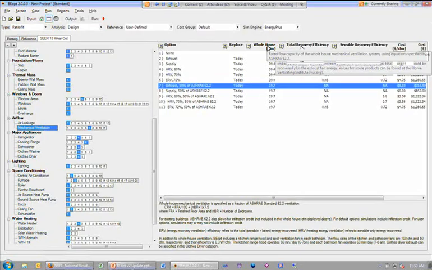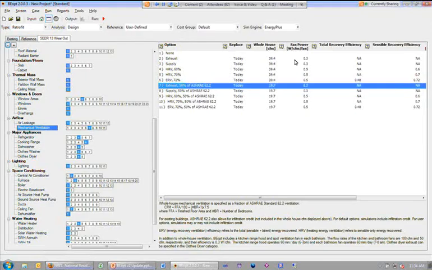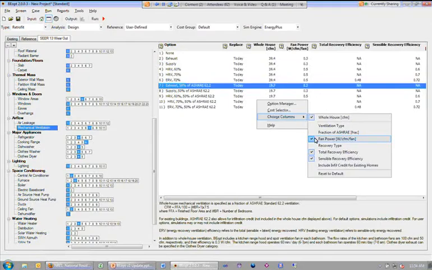And finally, you can also right-click on this screen, and you can customize exactly what columns show up in here. So, for example, we have the whole house CFM, which is a calculated value based on the square feet of my home and the number of bedrooms, I think bedrooms. So this is the ASHRAE 62.2 calculation, and then some of these are inputs for options. So, for example, I could toggle on the fan power, and now you can see the fan power is in watts per CFM per fan. So we're starting to add more customization for users to be able to display what they want to